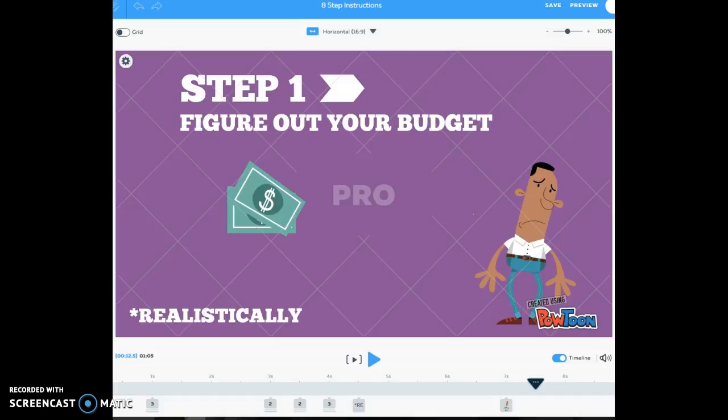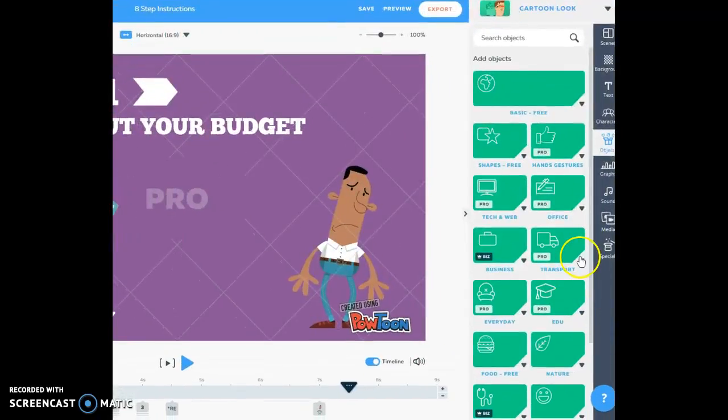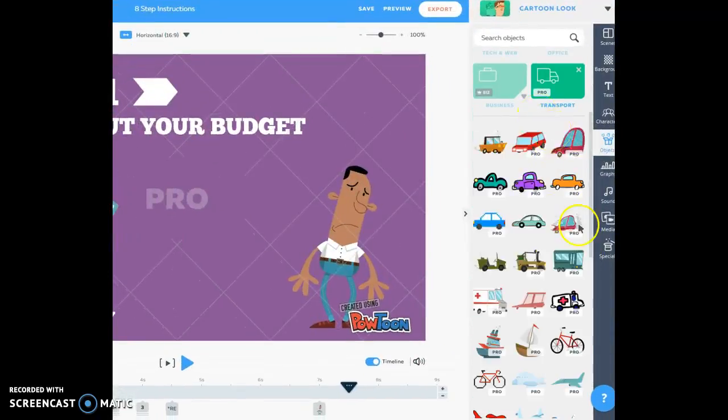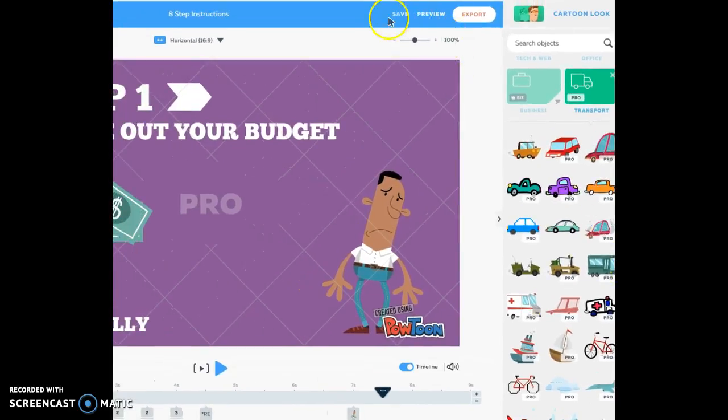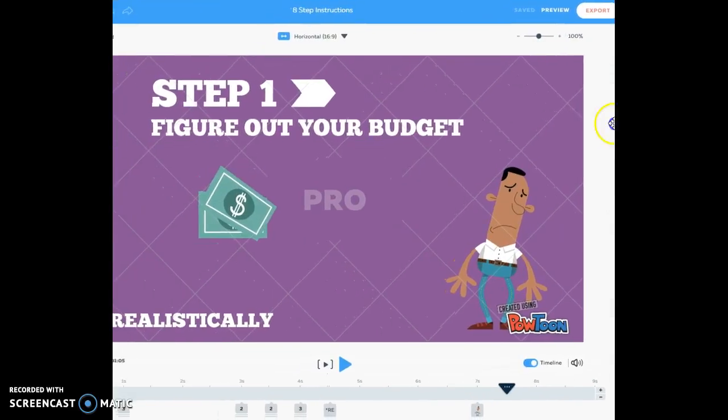And there are a few things that are labeled Pro in the options over here. And the Pros you'd want to stay away from because I don't think that you can save. You can probably add them, but then they won't show up or you can't save them later. Powtoon is very easy to save. You save up here, and then you can export it, download it, or share it, which is nice, and it will share to your